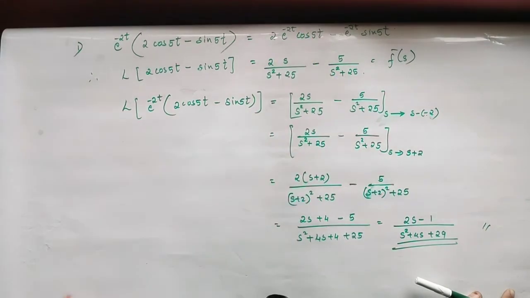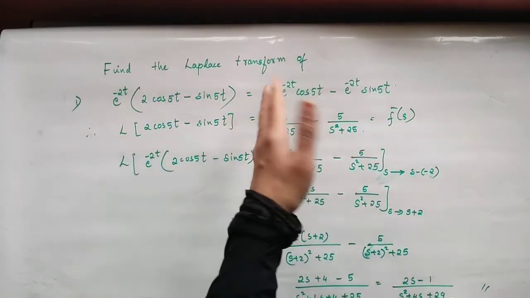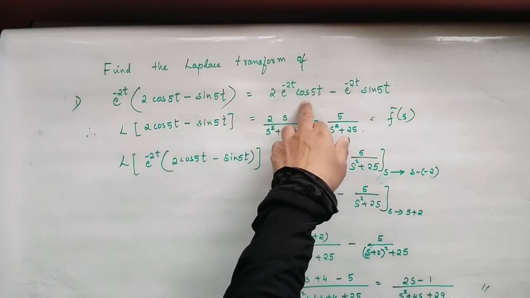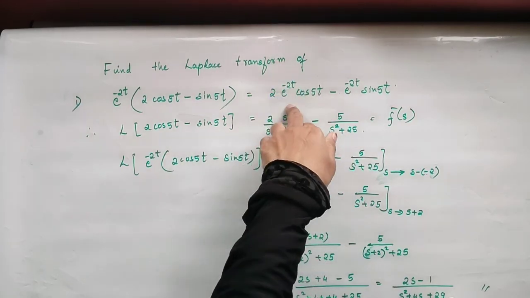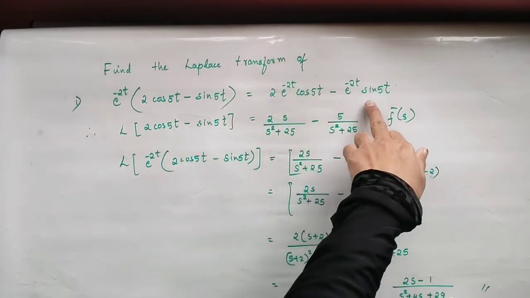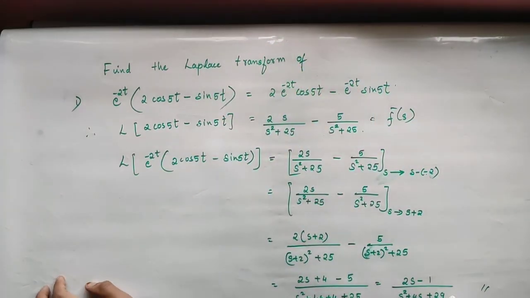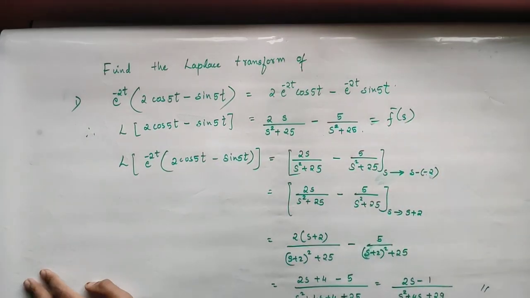Or else you can solve it like this also. In the beginning I was thinking to solve it like this simply, but again you can directly do it this way, so I showed you this way. Or else you can take individual terms and solve: find the Laplace transform of cos 5t, then change s to s minus of minus 2. And here also find the Laplace transform of sin 5t and then change s to s minus of minus 2. So that way also you can do. So this is how you work out this problem.